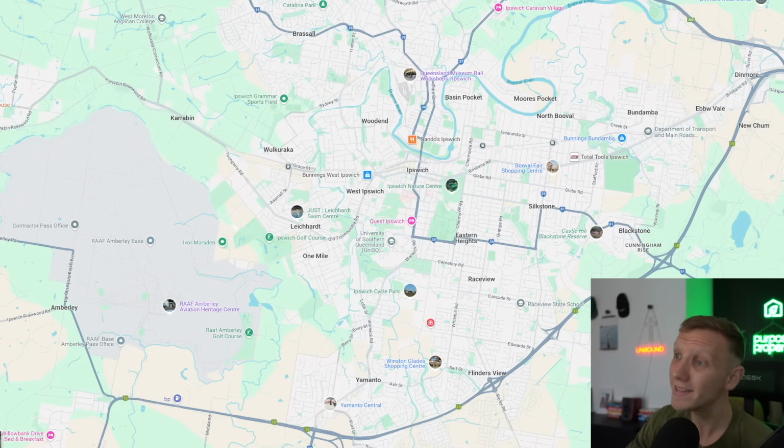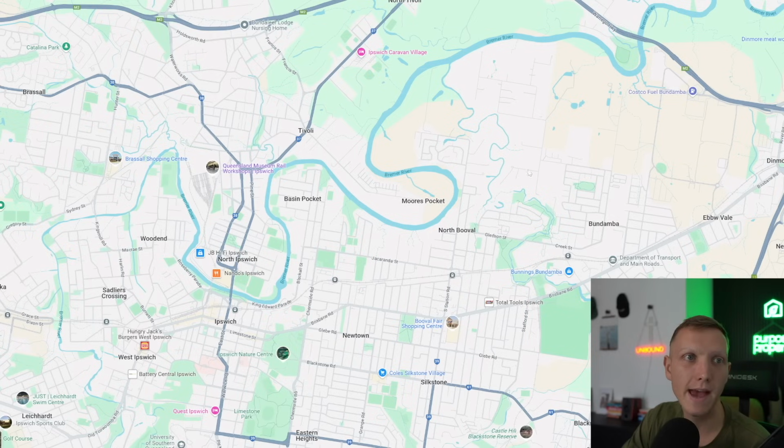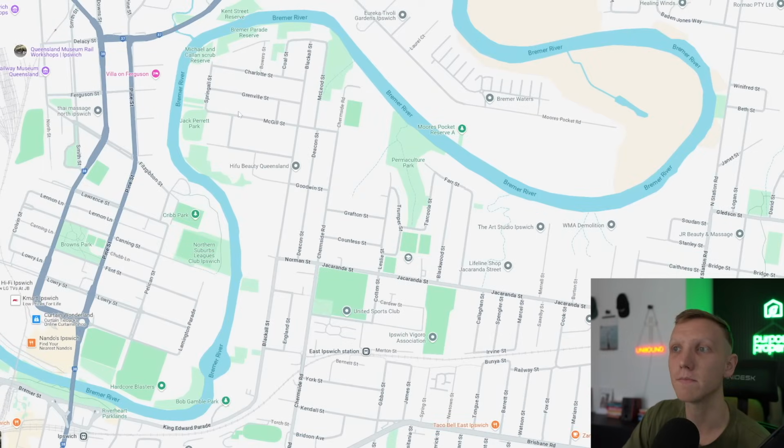And so the big ones are flood and soil. So you can see here we've got a river. It's called the Bremer River, and it runs through, just like Brisbane's brown snake, runs through the heart of Ipswich. Now, the Bremer River, you'll see there's not a lot of houses up here in North Booville or North Bundamba. And the reason is these areas flood very heavily, and so does lots of parts of central Ipswich. So you've got to be very careful if you're buying in an area known as Basin Pocket, that you don't buy a house that's heavily flood affected, because a lot of these streets will go under,